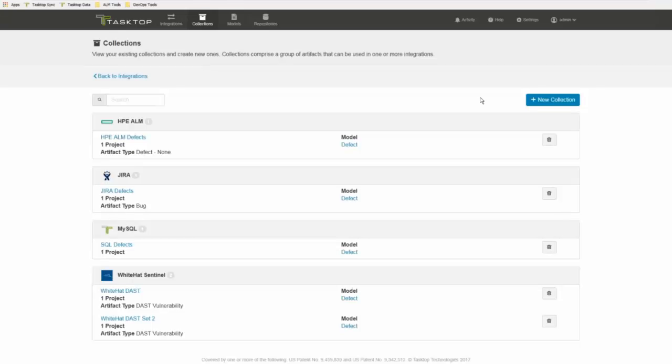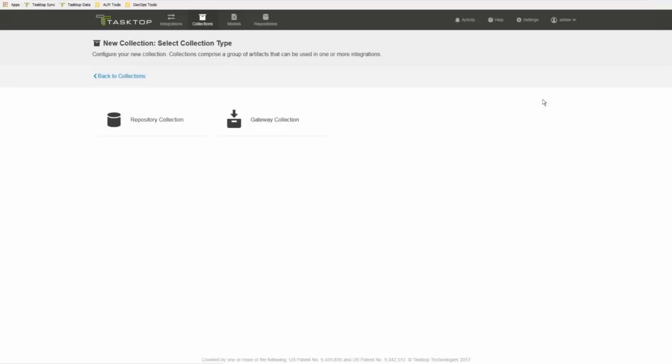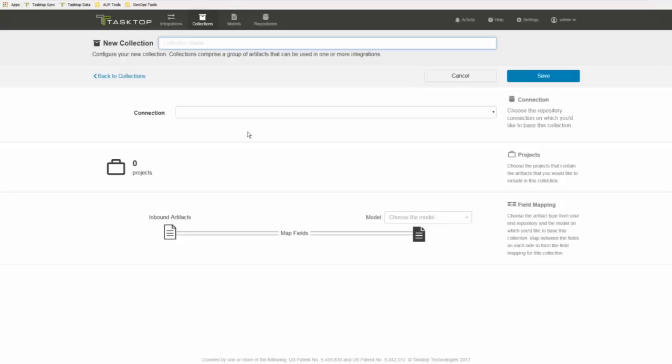What we're going to do right now is create a collection in WhiteHat that takes the WhiteHat vulnerability schema and maps it to our generic defect model schema. So let's go ahead and do that. Once we're done with this, we're going to click Run, and you're going to see about 200 vulnerabilities flow from WhiteHat into HP. So we'll call this our WhiteHat DAST vulns